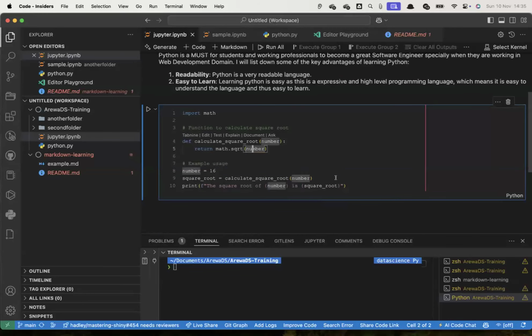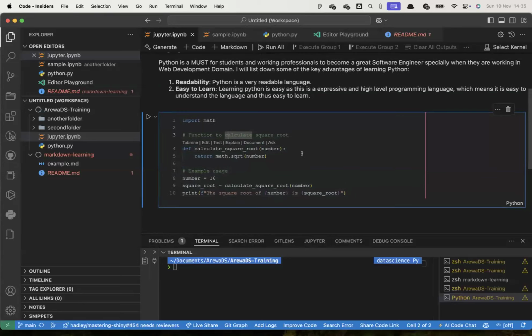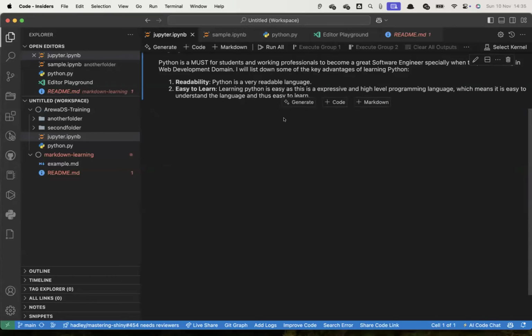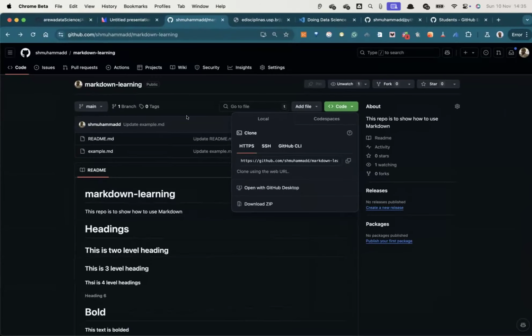Okay, so you can see it just writes code for you to create a square root, right? Nowadays, you should not rely only on GitHub Copilot, ChatGPT and other tools to do coding. You must learn the concept, but they can help you speed up your learning and your coding experience. We'll discuss this more in a later session. Please practice what we did today, I will upload the recordings, and for next week's session,